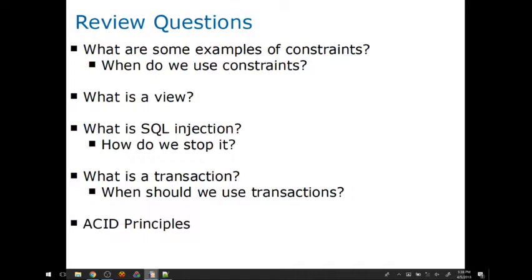So how do we stop it? This is a really bad thing. We don't like SQL injection. How do we keep it from happening? We sanitize user input, we escape it, right? Just like we escape HTML stuff, just like we saw during the validation class a week or two ago, we can do the same thing with SQL. The difference is, what are we escaping? We're not escaping HTML tags. We're escaping SQL code. So we're looking for things like parentheses, quotation marks, things like that. A little bit different stuff, but still the same idea.